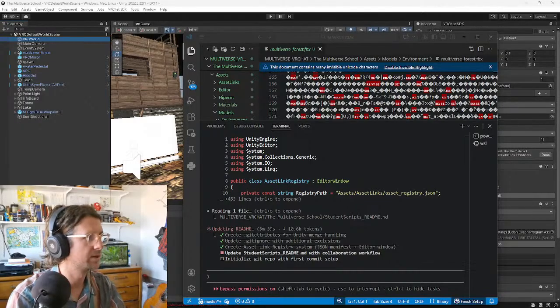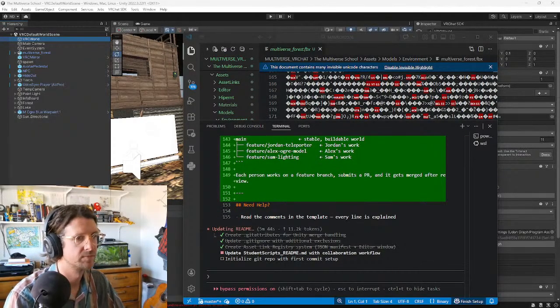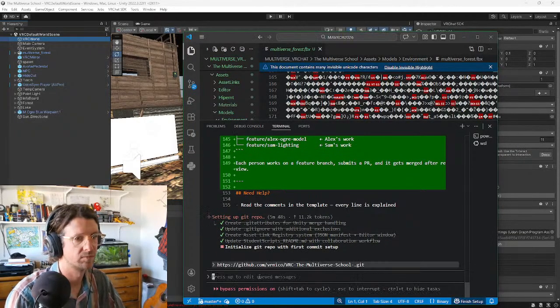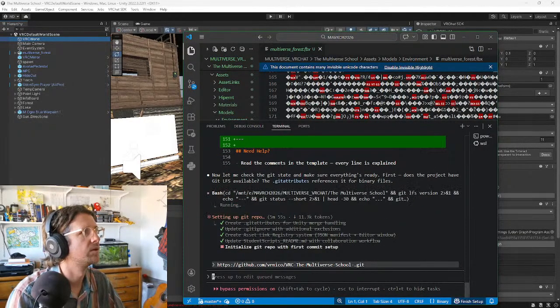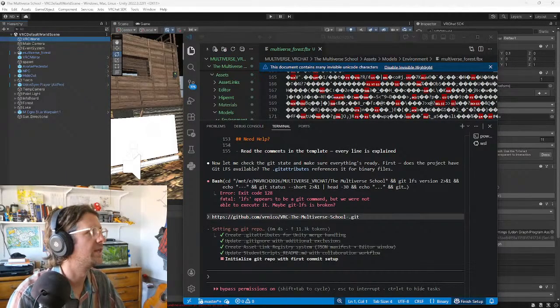And we'll make it public, and we'll create the repo. Throw that in there. We'll throw that in here. And we will throw that in here,